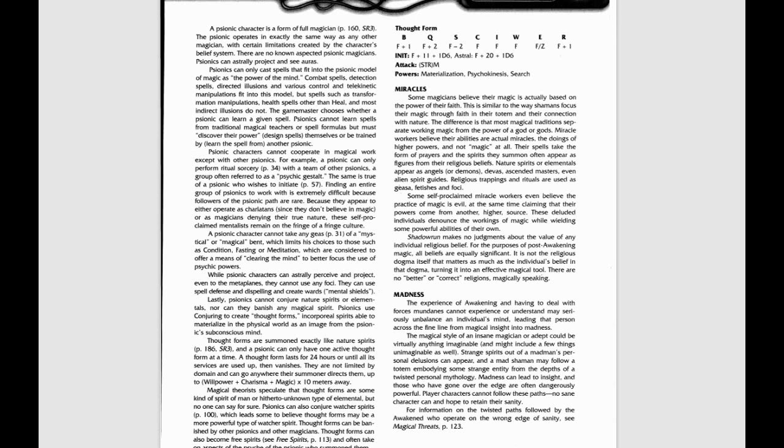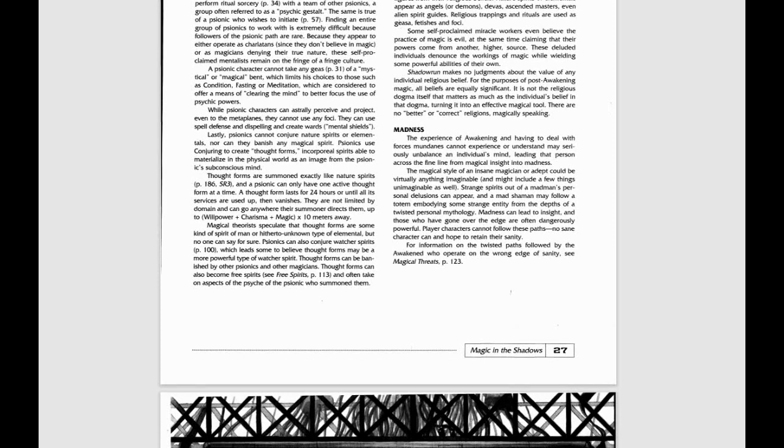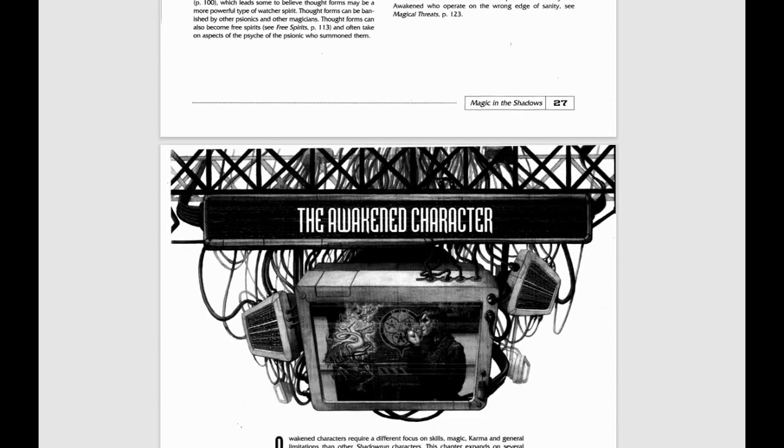So maybe you've got a mage who is devoutly religious, and they're not casting spells; they're performing miracles granted to them by whatever god they worship. This gives you a little bit of an idea on how to bring that aspect into your game, and then it touches a little teensy bit on insanity and how that relates to magic and how that can affect magic. And then it doesn't really go into any other paths like toxic shamans or anything like that, because that's all covered in the magical threat section.